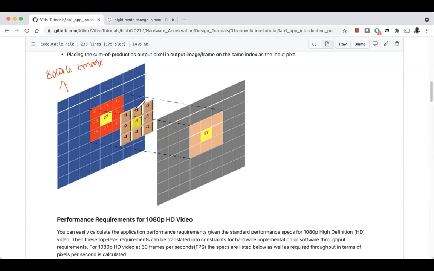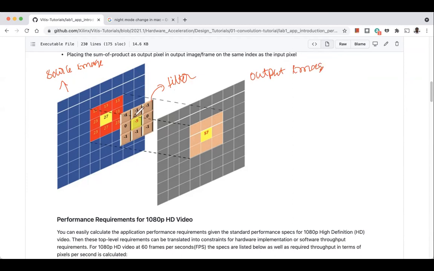You can see the filter coefficients here are -1, -1, -1, -1, -5, and some other filter coefficients. This is the filter. This is the output image.